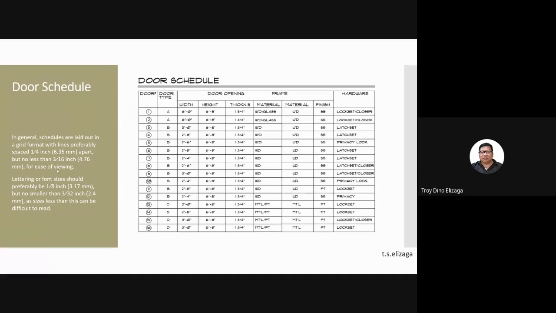Now, AutoCAD also has, if you're learning Revit, for example, it makes a table for you automatically, so that's no problem. But if you're doing it manually, like I'm not using Revit, I'm using an older version of AutoCAD because I cannot afford the license of Revit. So I always have a fixed dimension for the table, and also for the letters. It says here that lettering or font size should preferably be 1/8 inch or 3.17 millimeter, but no smaller than 3/32 inch or 2.4 millimeters. So my standard would always be